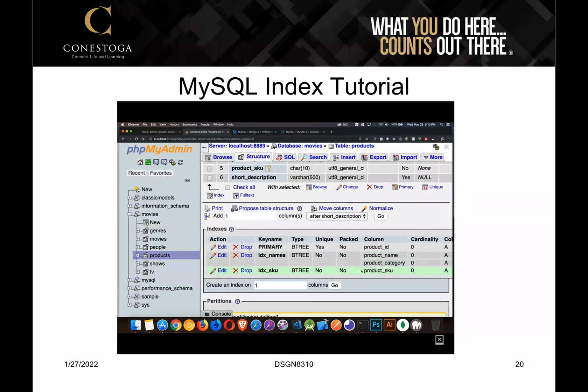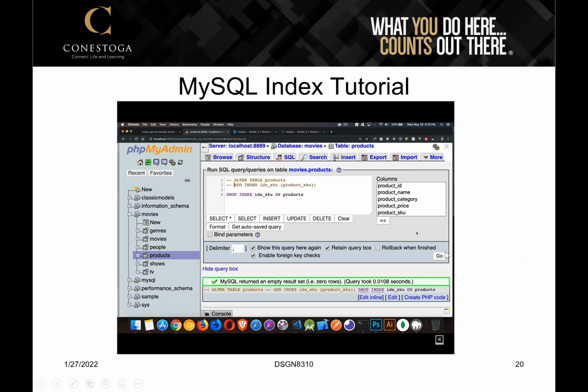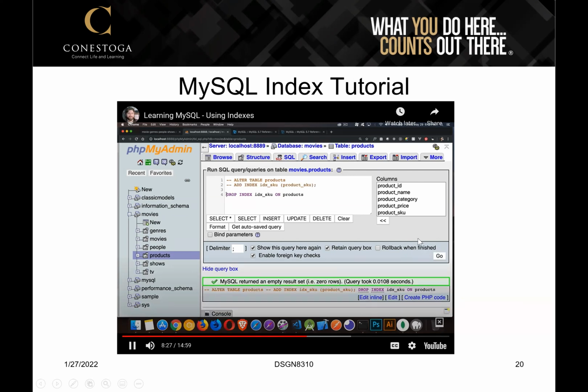Now there's another index SKU right here, but we didn't define it as unique. So I want to change this. I want to make this a unique index, just to say that every single row in there is going to be unique. Okay, I'm going to run just the drop command by itself to get rid of that index. Now it's gone. Now to show you the alternate one,